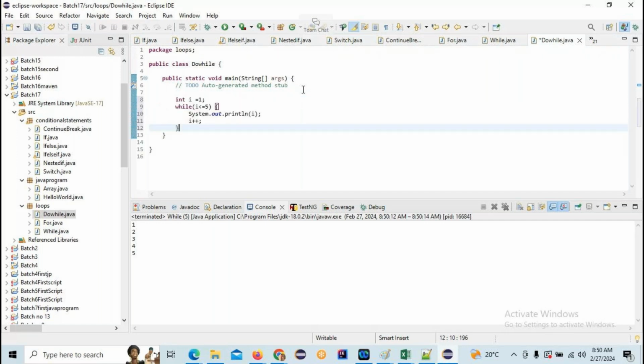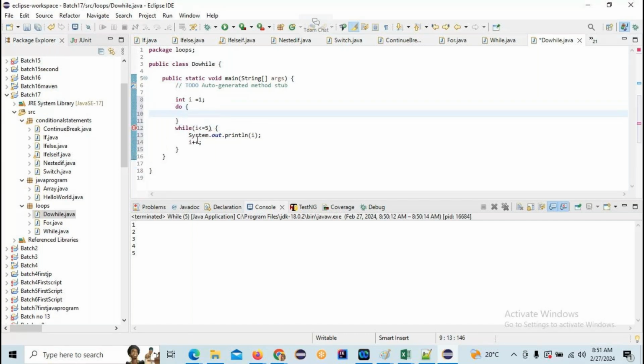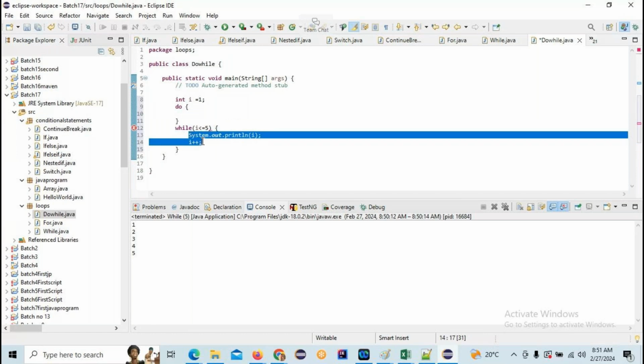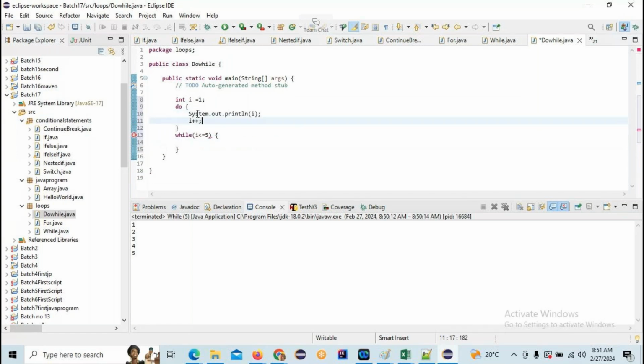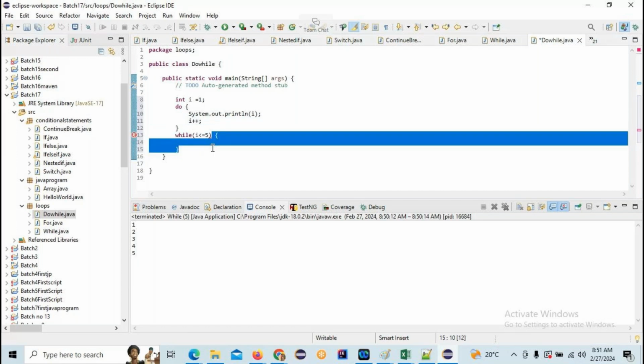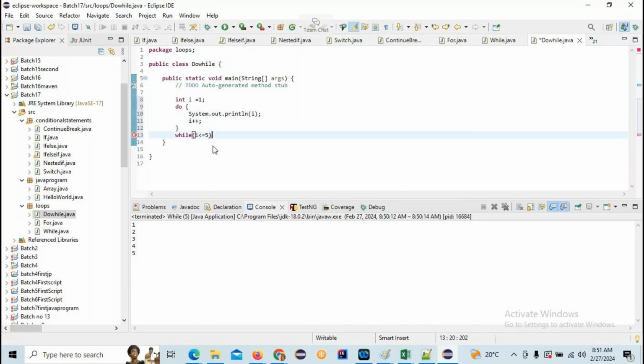Control V. So here, do is going to the picture here, and here the statements come up to the do block, and this was removed. Semicolon. Okay, so here what is the difference between the while and do while is while, all the statements are